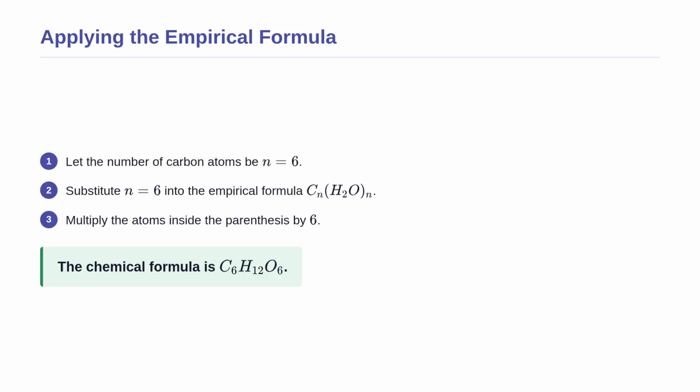Now that we have our empirical formula, let us see this with a concrete example. Suppose we are analyzing a sugar with a carbon backbone of 6 atoms. We are given that n equals 6, and we need to find the exact chemical formula. We start by substituting 6 into our general formula, CnH2nOn. By distributing the 6 to the water molecule equivalent, we get 6 carbons, 12 hydrogens, and 6 oxygens. The final answer is